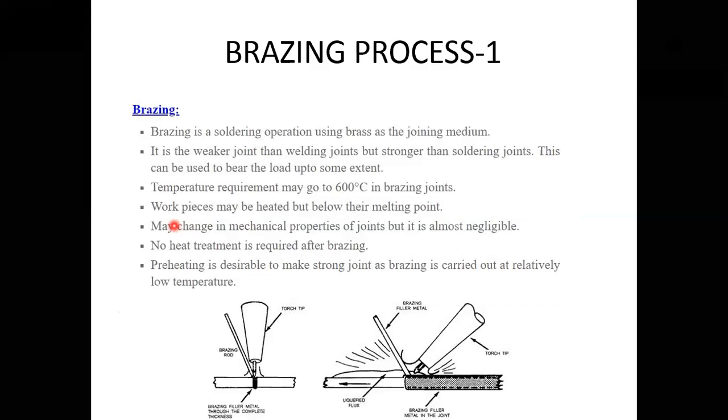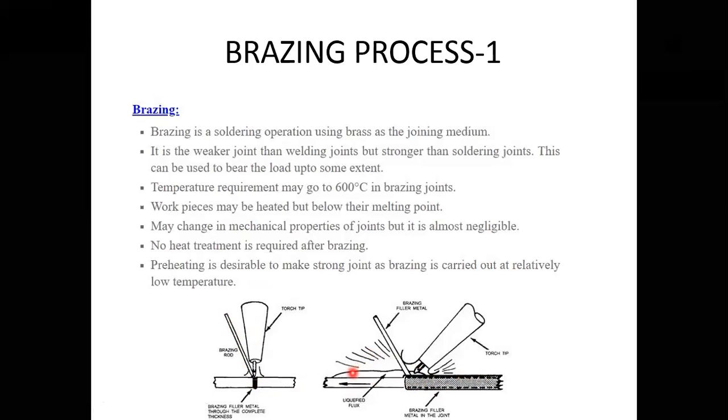So this is the next one. That is the same brazing process illustrated with 2D sketches. So that is the torch we are using as a heat source. This is the filler material. These are the two pieces to be joined here. This is another sketch here. So from here it started to form.